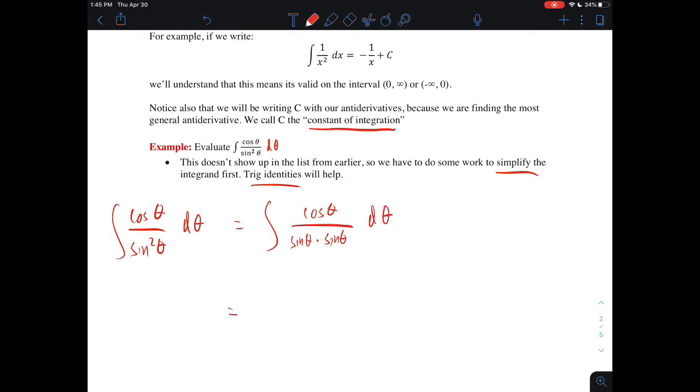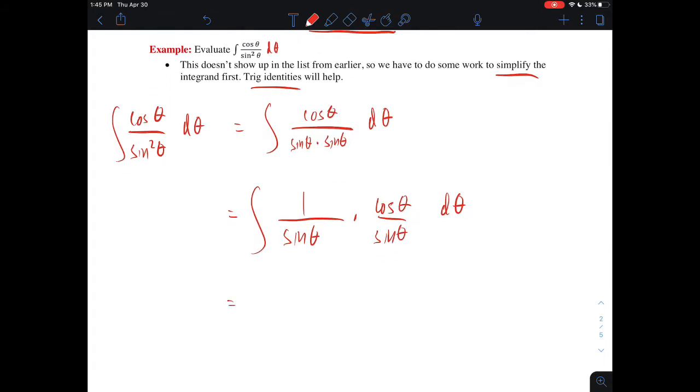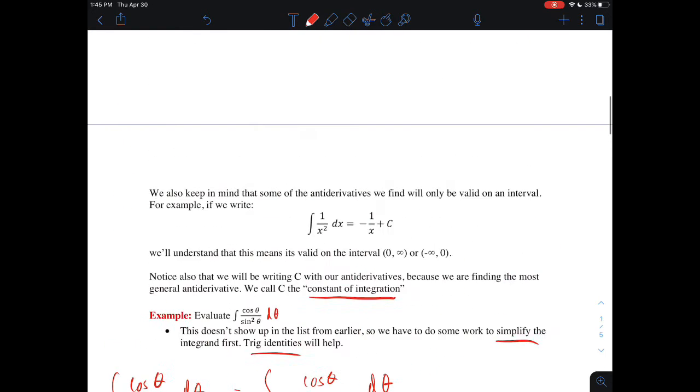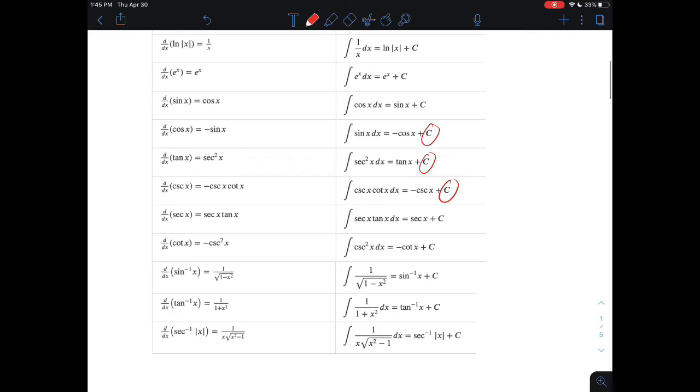And this is the same thing as, in the integrand, the fraction 1 over sine theta times cosine theta divided by sine theta d theta. And now here's where the identities will come in. 1 over sine theta is the same thing as cosecant theta. Cosine theta divided by sine theta is the same thing as cotangent theta. And so now let's go back to our list, and we'll recognize that this is related to